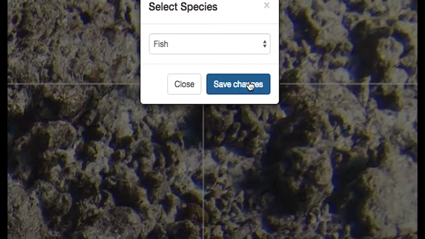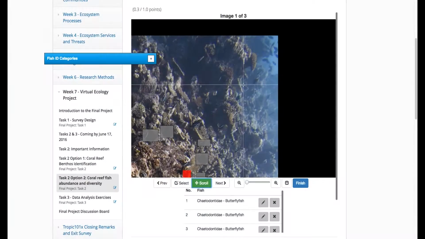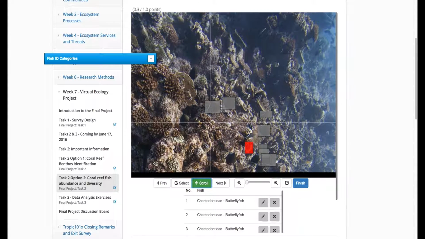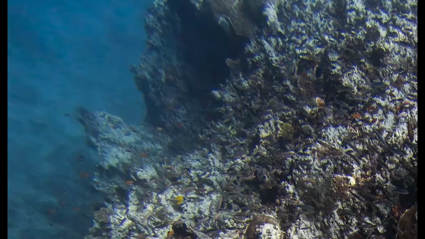Some fish will be easy to see, but some can be pretty camouflaged. Look closely and do your best to find any elusive fish. You do not need to label blurry or distant fish on the edges of the photo. If you feel an image has too many fish, do not spend more than 20 minutes labeling fish within a single image. Some of the images are incredibly full of fish.